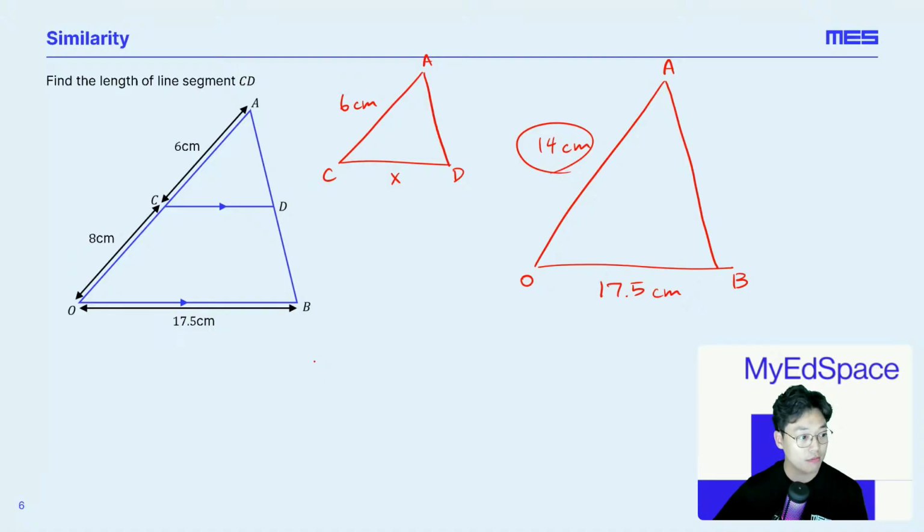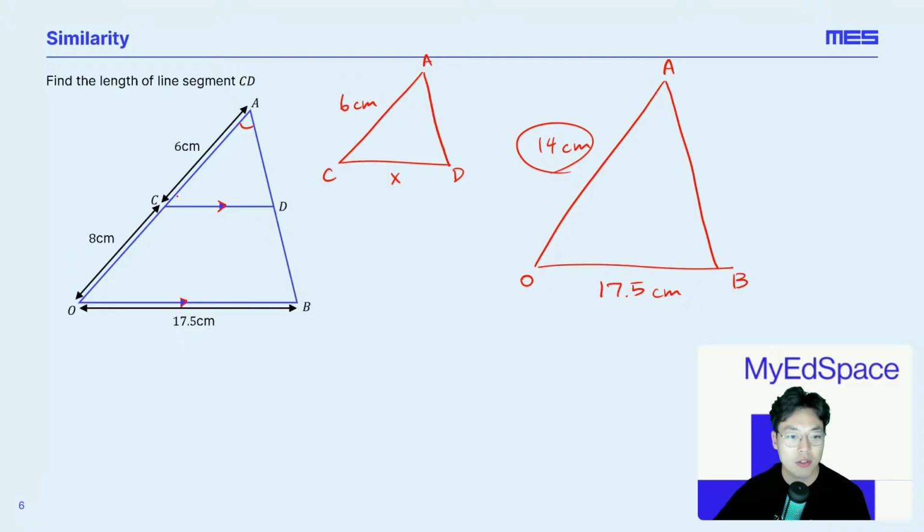So from here, I can create my proportion. And you try to create it in the chat. I know it's kind of tough to write or type out math on YouTube chat or any message thread, but try your best. Write an equation for this proportion that we have. And we know these two triangles are similar because they share the same angle. We see that these two lines are parallel. And so these are similar triangles.